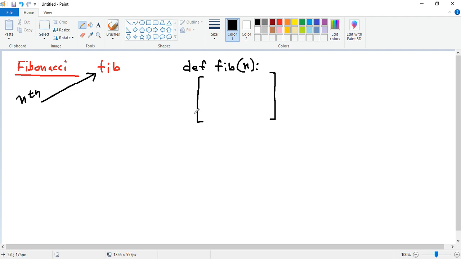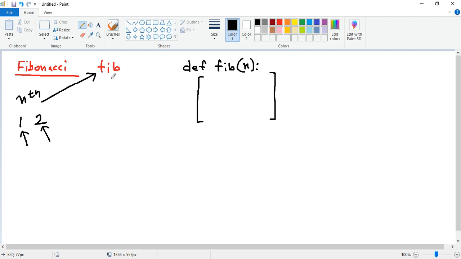So let's think about this. If you want to find the nth Fibonacci number, if the input is 1 or 2, which means you want the first Fibonacci number or the second Fibonacci number,